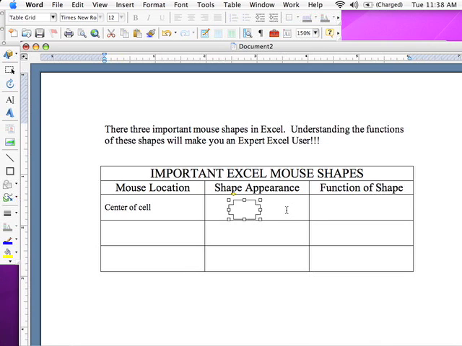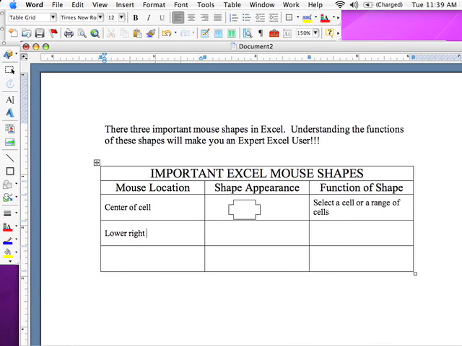Again, I'm going to press my Tab key, or click and then press my Tab key, and describe the purpose of this shape. And the purpose of this shape when I'm in Excel is to select a cell or a range of cells. There, now I'm going to repeat this for my next row. So again, pressing the Tab key moves me down to the next row. And the text for this is as follows. Notice the benefit of working with the table is that the text will wrap inside the cell. Press my Tab key, and again the shape that